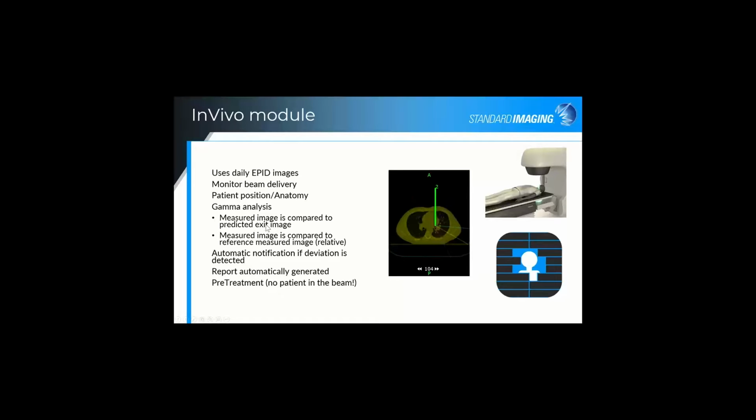We do a comparison between the measured image and a predicted exit image, and that comparison is done using a gamma analysis. As well, the measured image can be compared to a reference image. And so in this relative mode as well, gamma analysis is performed. So more typically, our customers use the measured versus the predicted mode of comparison. Of course, there's automatic notification if a deviation is detected. Reports are automatically generated, and